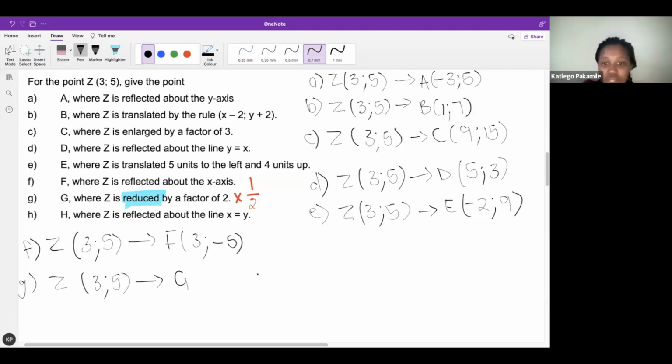Okay, so what is the new? Yes, we have odd numbers. That's true. You can still divide odd numbers. Okay, if you leave it as a fraction, you're going to have 3 over 2 and 5 over 2. If you take it to decimals, what are they going to be? There we go. 1,5 and